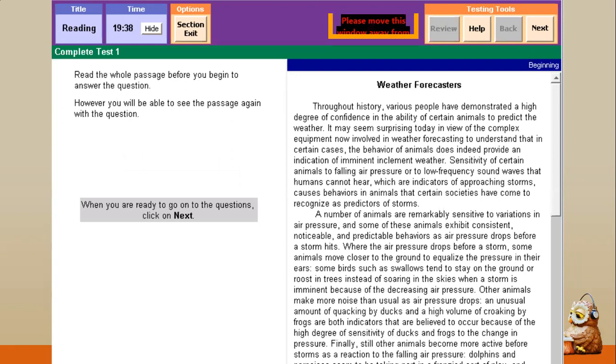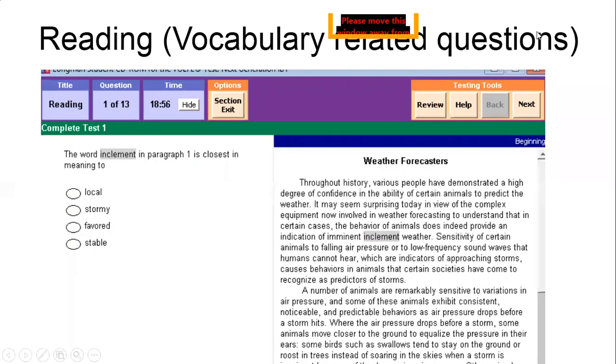Jadi, awal kita akan melihat full text-nya dulu. Nah, strategi untuk mengerjakan reading sections itu teman-teman bisa membacanya terlebih dahulu secara cepat, scanning, atau teman-teman bisa memilih untuk langsung ke pertanyaannya. It's okay, that is your choice, that is your own strategy. So if you want to go directly to the questions, you just need to click next here.